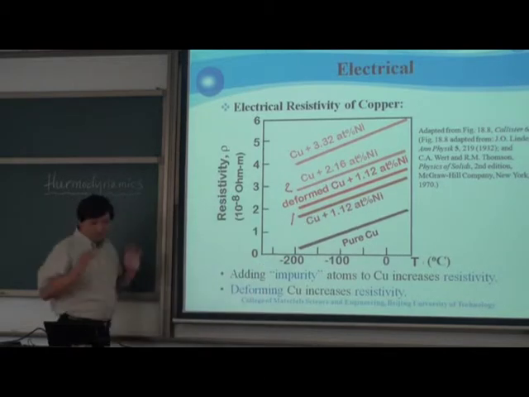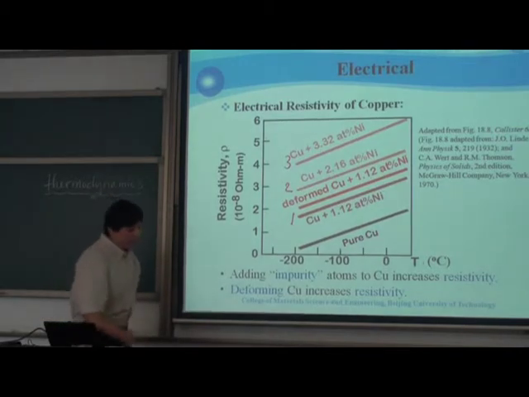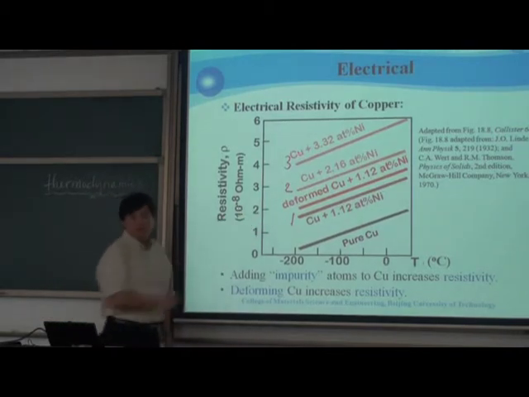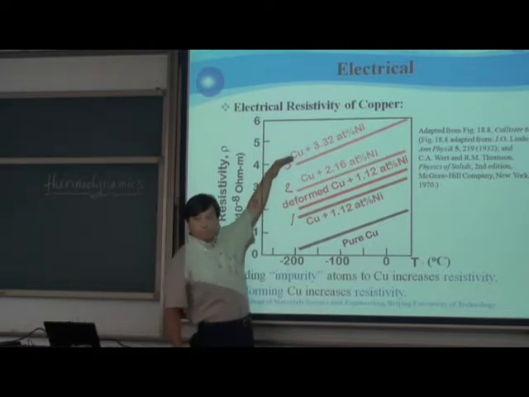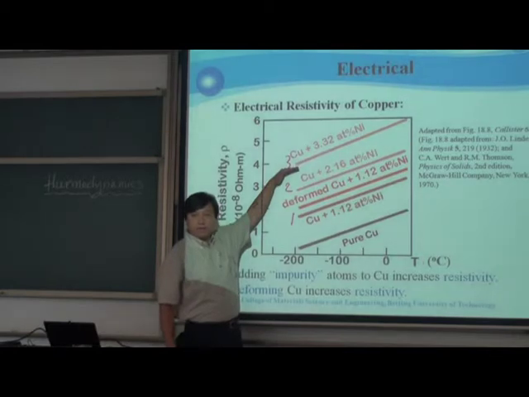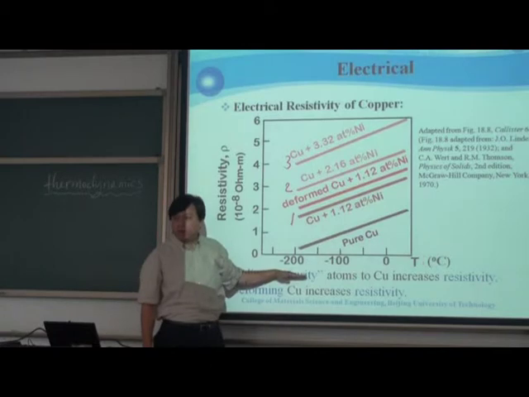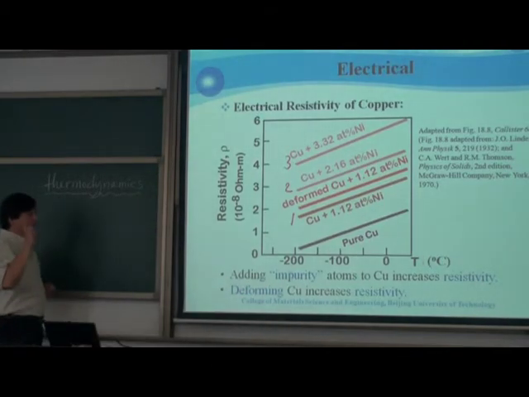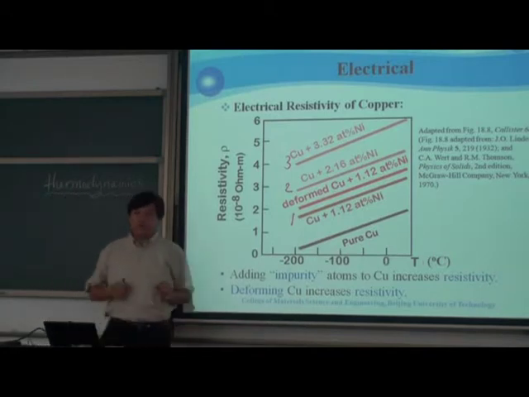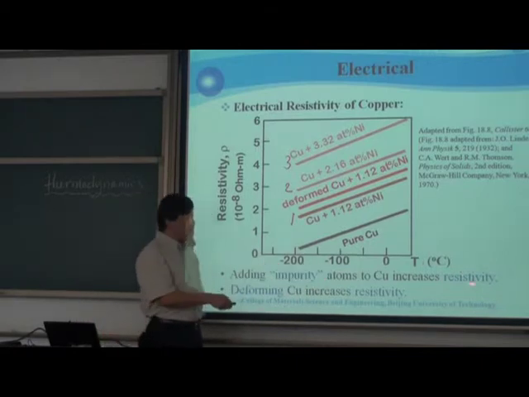Now, the question is, what about number 3? If you have more and more nickel added to copper, then the resistivity of copper keeps increasing as you increase the amount of nickel, when you compare to the value for pure copper, okay? So, the first conclusion I'm going to draw from looking at this figure is that adding impurity atoms to copper increases